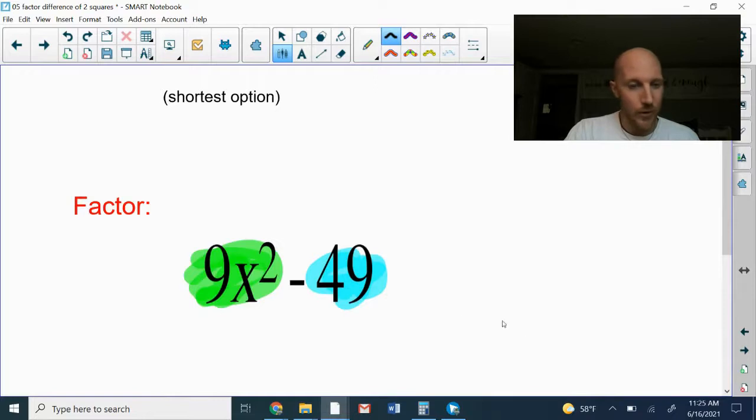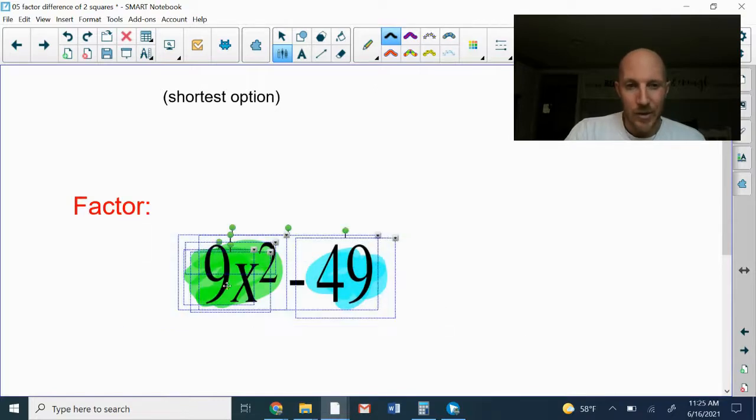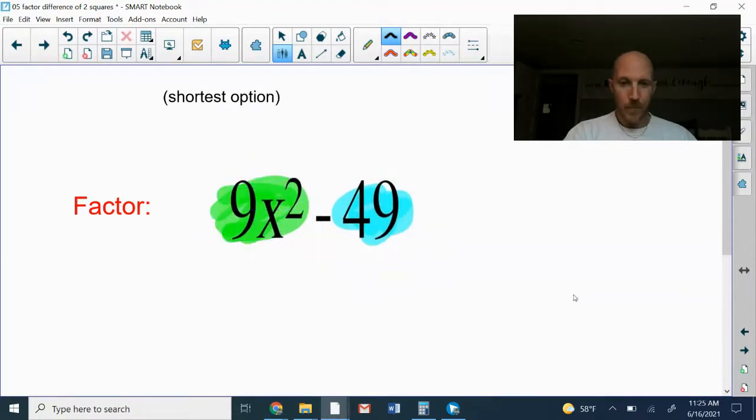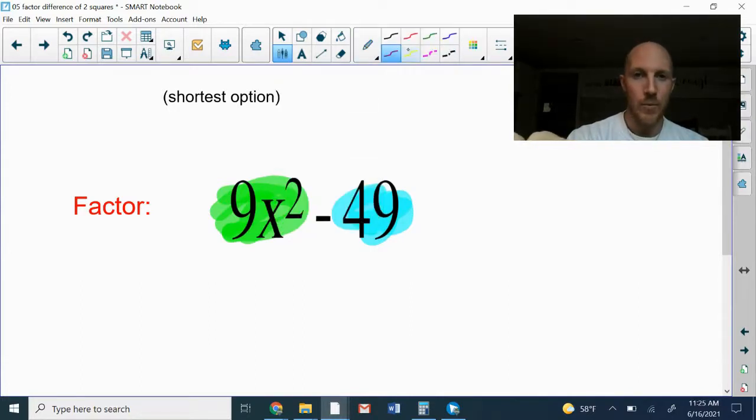So here's another option. If I do this entirely mentally, okay, two terms. I see it. Subtraction. Got it. 9x squared, that is a perfect square number. 49, that is a perfect square number. So once I've identified this is the difference of two squares, then I could eliminate a whole bunch of stuff. I can get rid of all of those extra steps from our factor process that we've used in the past. I can get rid of the factor box even and just go straight